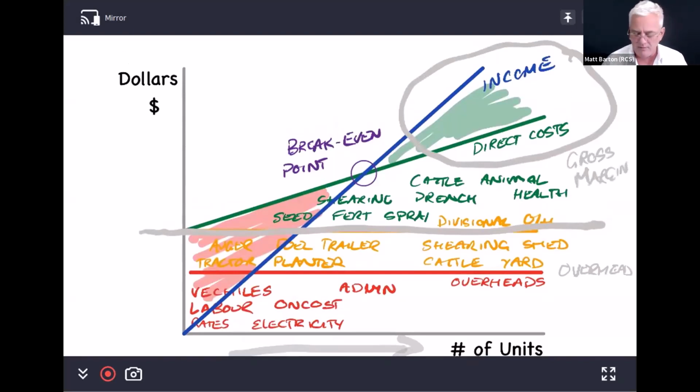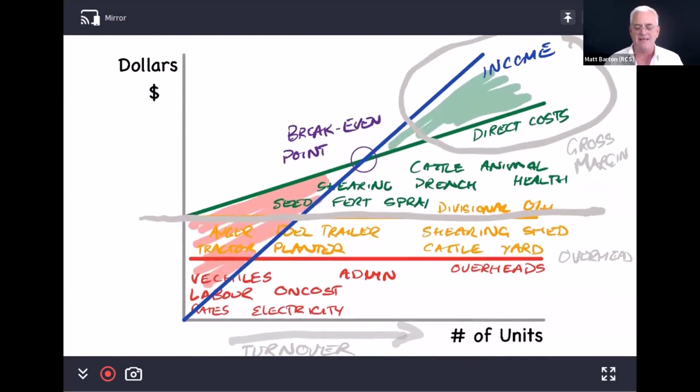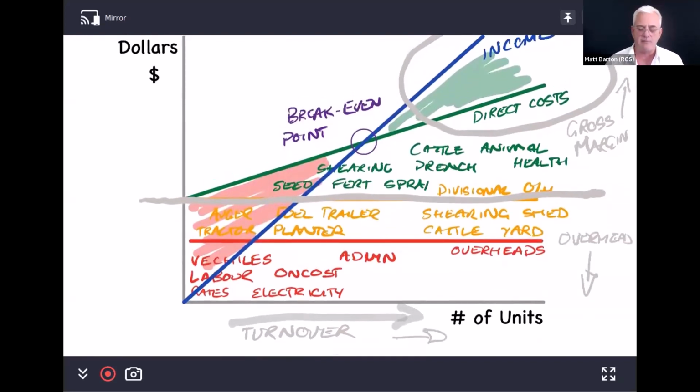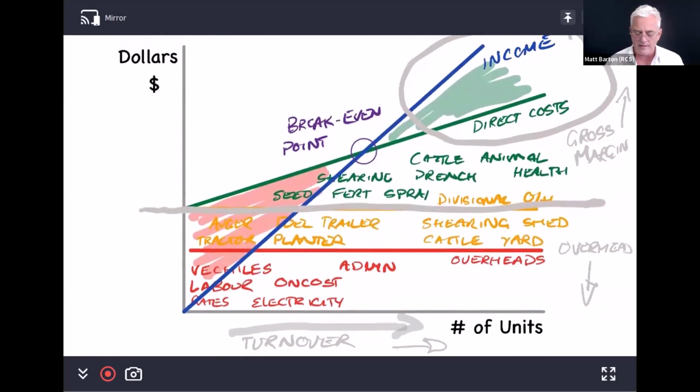And these are the three secrets of profit. And we've got to find out which one is lacking. So we want to increase our gross margin, we want to decrease our overheads, and we want to increase our turnover. Easily said, but we've got to find out where our issue is. One of my gripes with agriculture in Australia is all we do is focus on gross margin. And that's really just a third of the business that we're looking at. So I'll take you back to the PowerPoint, and I'd like to expand on what I am talking about.